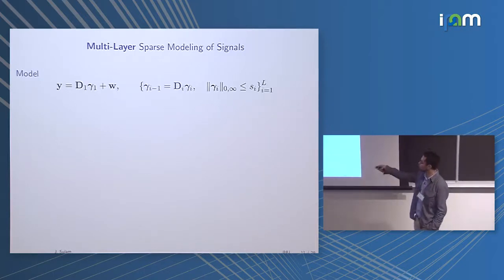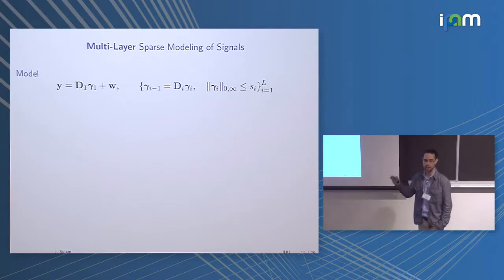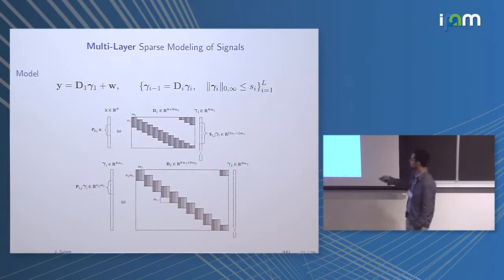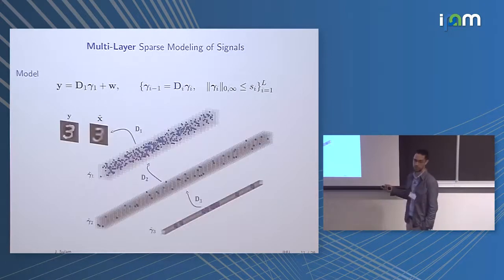So far so good. We have that y is D1 gamma 1. Now, the gamma 1 might be interpreted as yet another signal for which we can impose a similar model. And so we can say that also gamma 1 will have a sparse representation in terms of another convolutional dictionary D2 and be also sparse. And this might sound a little bit weird, but in fact this sort of decomposition is again very natural.